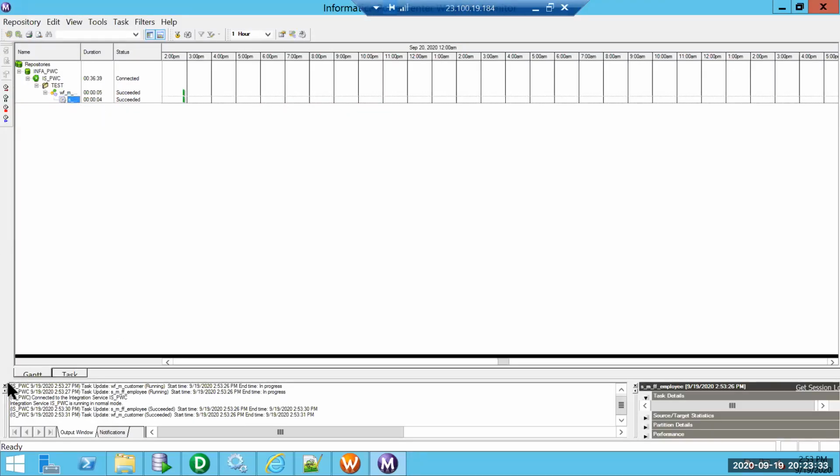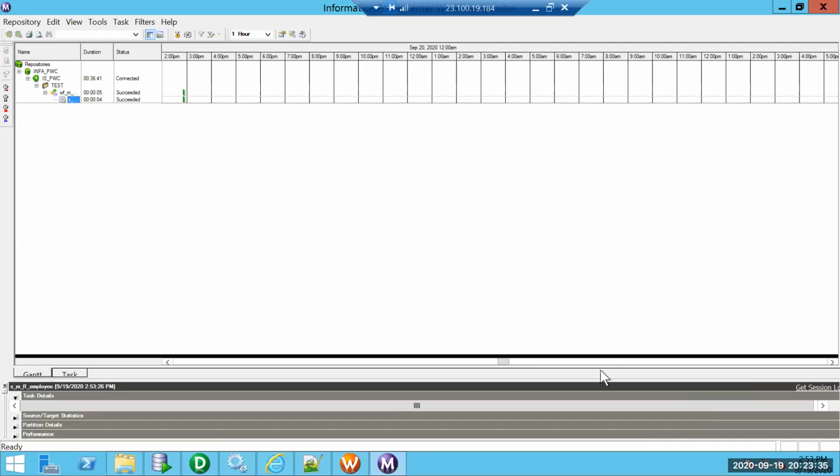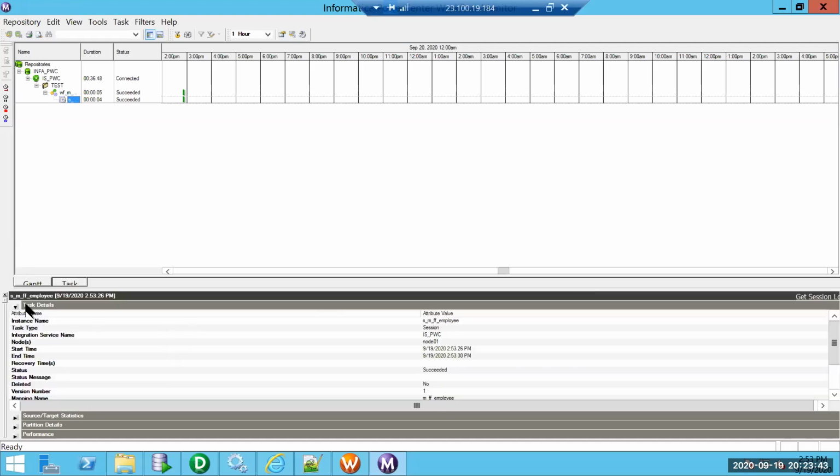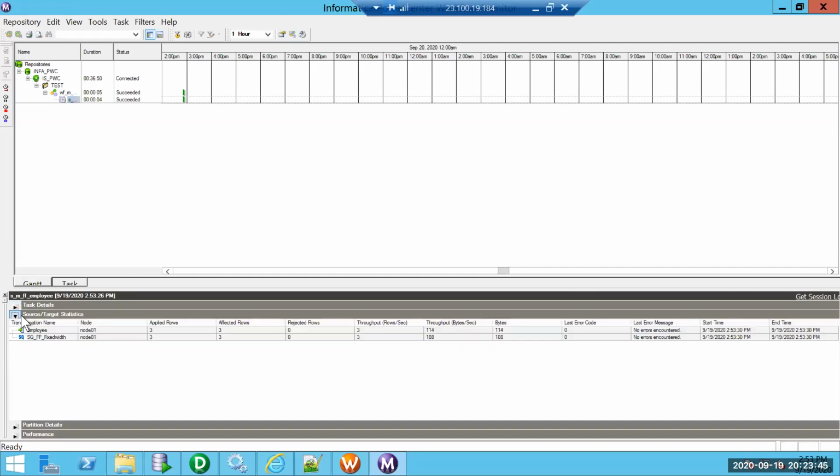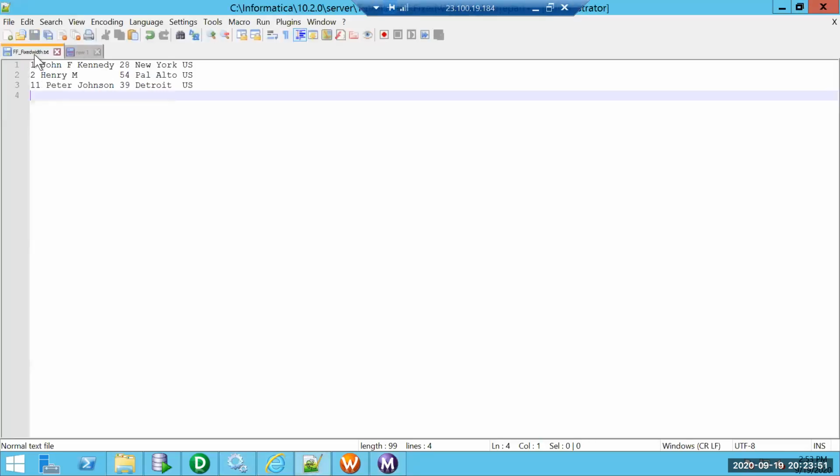So monitor again, it is going to give us runtime statistics. So 3 records are read and 3 records are loaded. Let's see. We have only 3 records here and 3 were loaded.